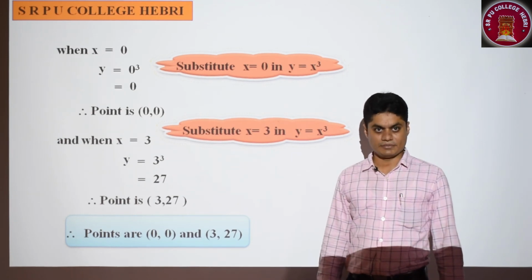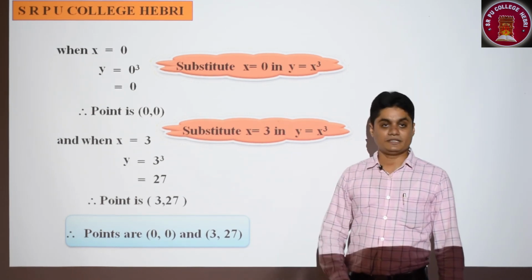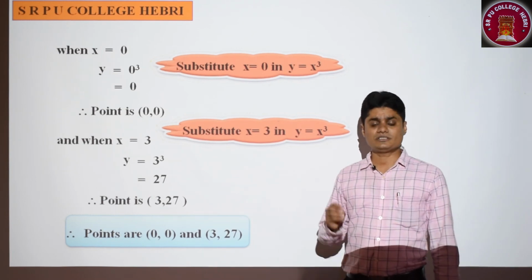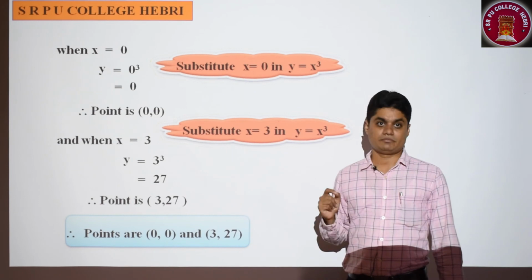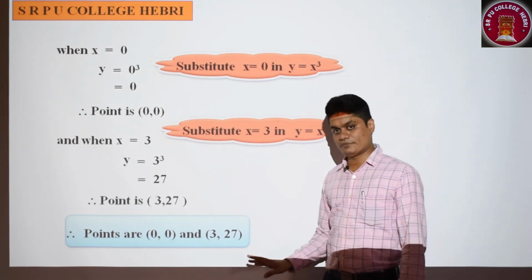Did you understand what I'm telling? So here tangent and normal are definitely not asked, and there is no need to write them. They just ask to find the points on the curve. This is an important problem that carries 3 marks. Remember it. Understood? Shall I move to the next question?